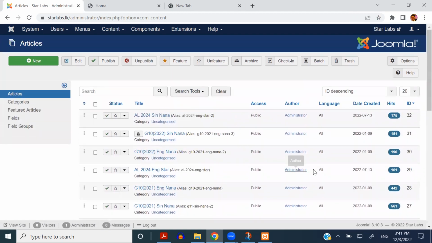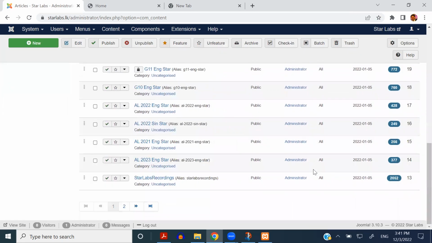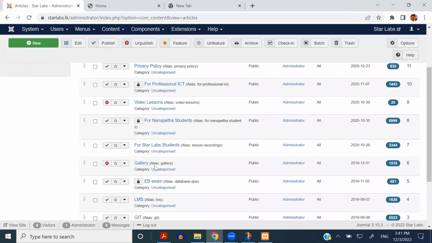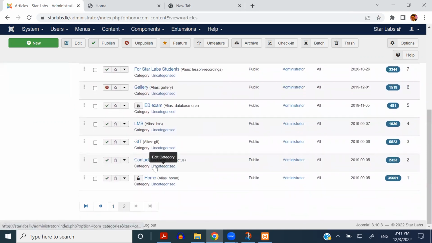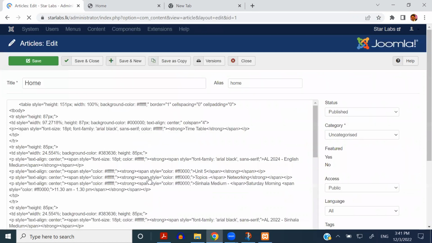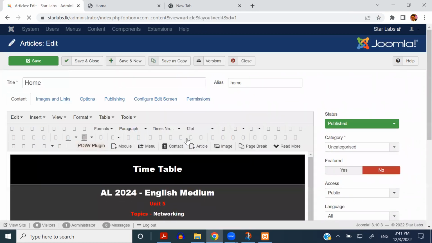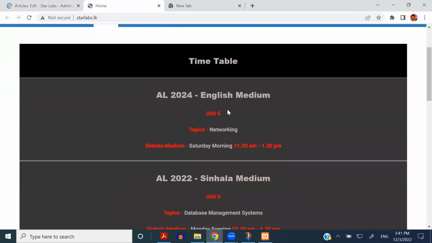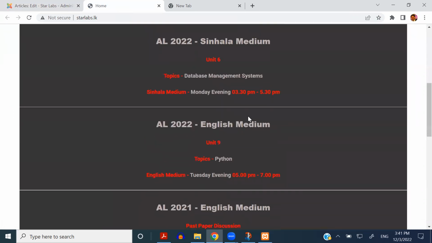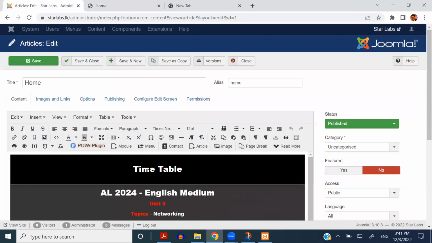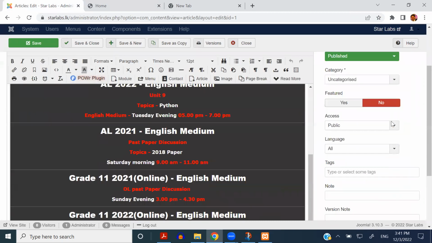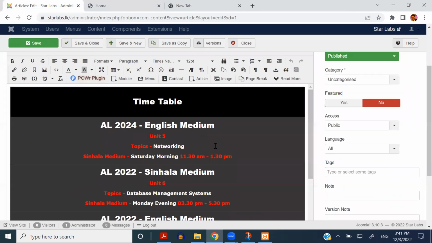Hold on. Yeah, this is my home article. As you can see on my home page, there is a particular timetable. That timetable is maintained by this particular article. So if I change